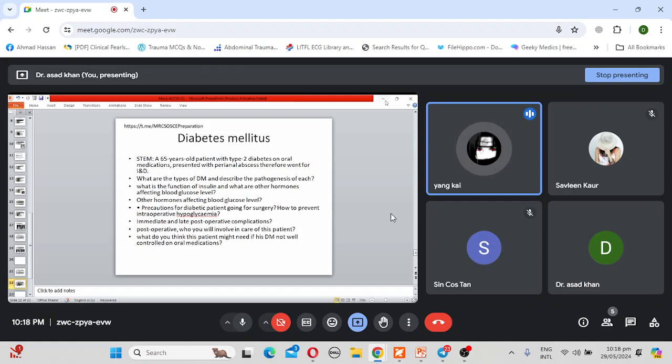We should not advise the patient to skip more than one meal, and if there is a requirement to skip meals, then I would put the patient on insulin infusion intraoperatively, with hourly capillary blood glucose monitoring. The target blood glucose should be 6 to 10, and the fluid administered is 0.45% sodium chloride with 5% dextrose,